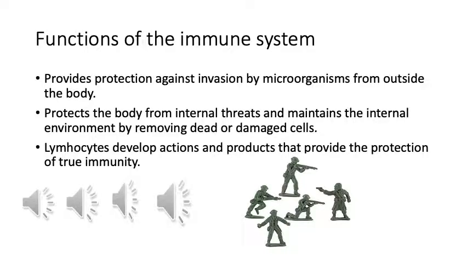A couple things to remember of the overall function of the immune system. We're going to go over key points here. The immune system requires the interaction of immunity and inflammation working together to control infection. Skin, mucous membranes, and white blood cells are the main components of a person's immunity. Immunocompetent means